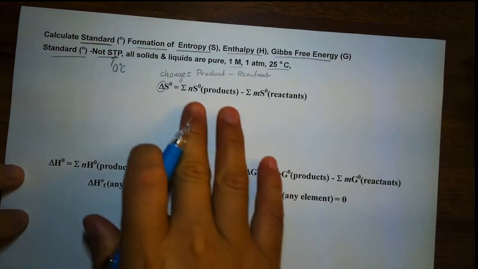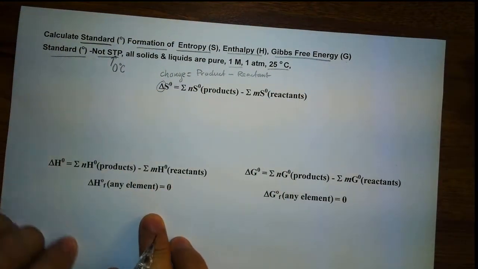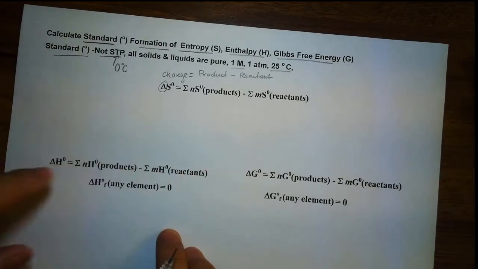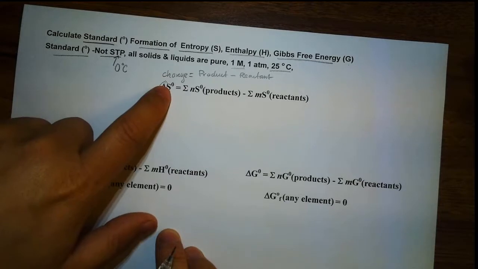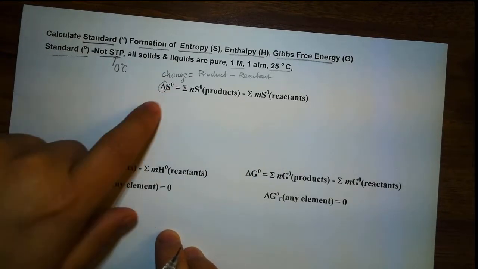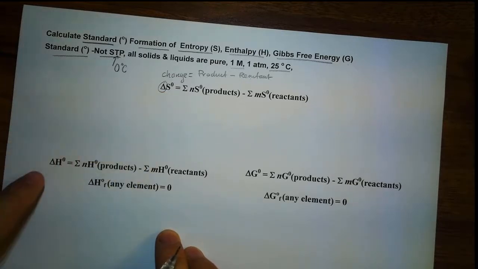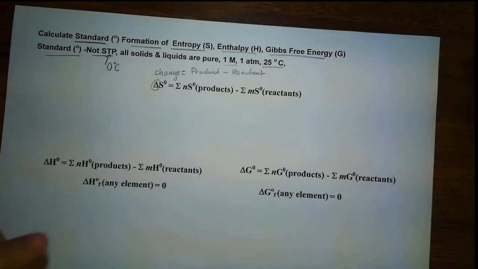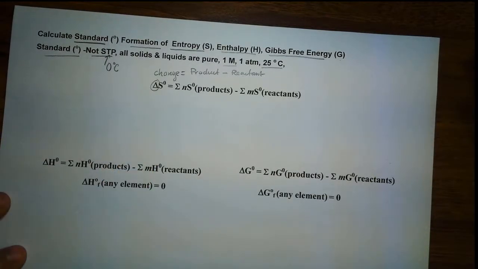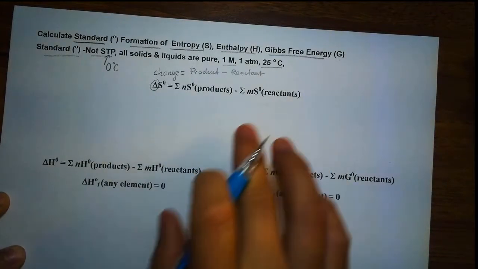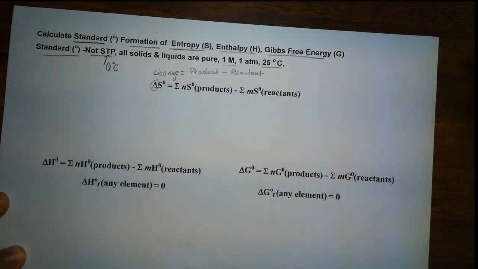So all of them are looking for the changes in terms of delta S, delta H, and delta G. And look at the little circle on top, that superscript that tells you that you are calculating at standard conditions. In this case, standard entropy, standard enthalpy, and standard Gibbs free energy. And the equation is pretty much the same thing. You take the sum of the products minus the sum of the reactants for all of them,